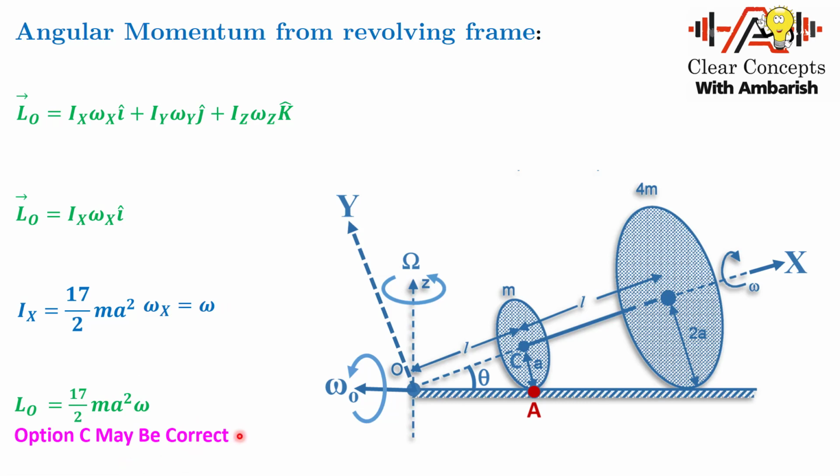So option C may be considered correct depending on what frame you choose. If you look from the revolving frame, option C is correct, but that's not mentioned in the question. That's why they had given alternate keys: A and C, or simply only A. So both were given credit, either only A or both A and C. Okay, now we need to comment on one more part.